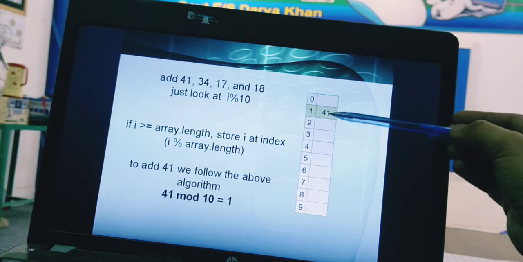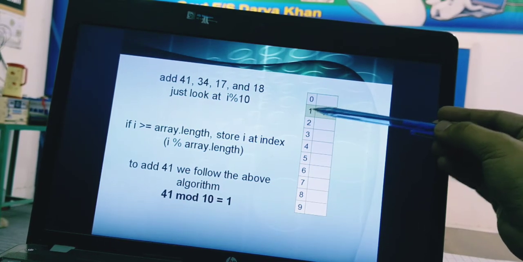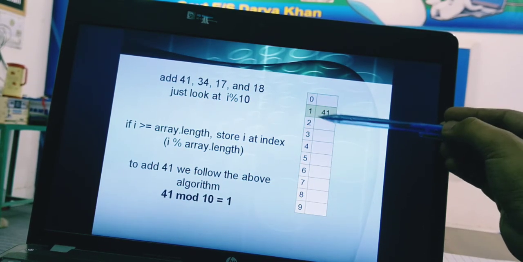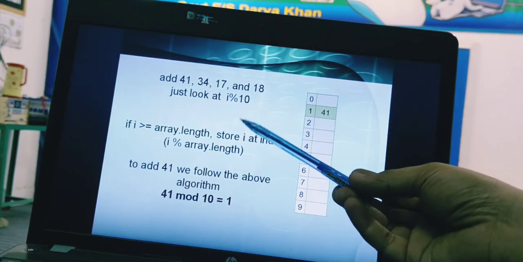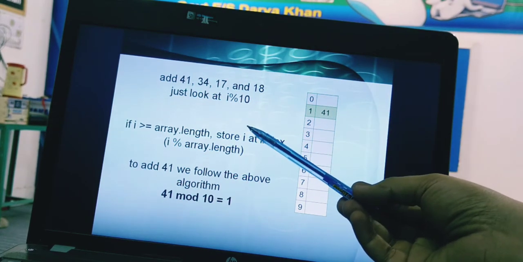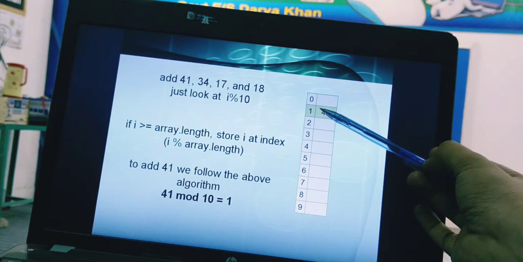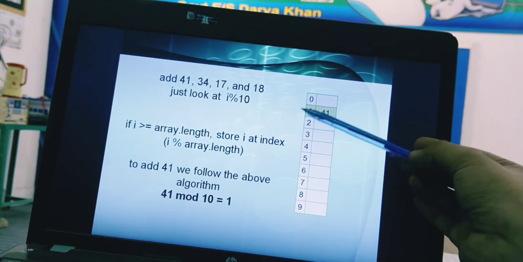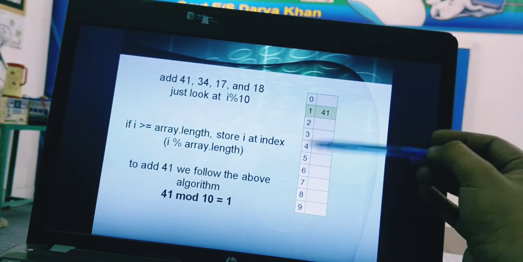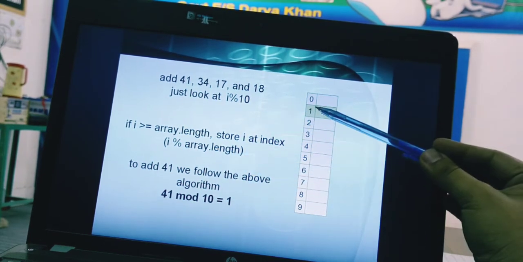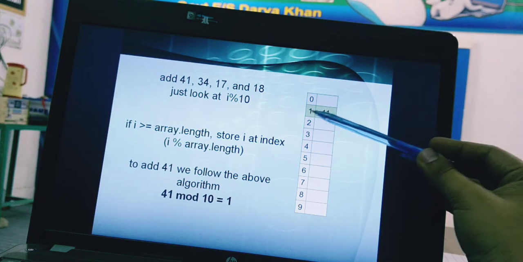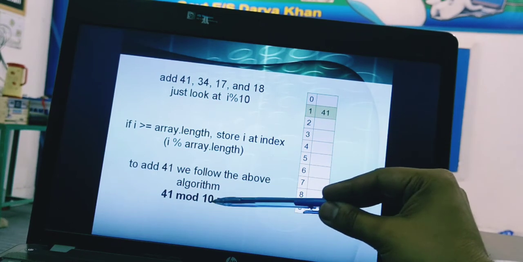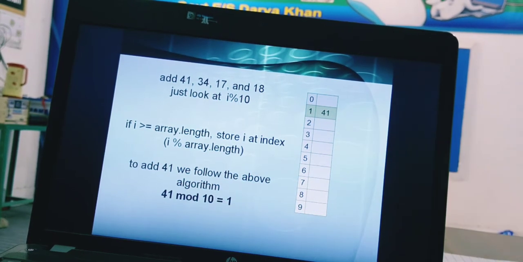The first key, 41, is larger than the length of the array. Without hash functions, we can't put that into our array, our hash table. So we use the function i mod array length, and 41 mod 10 is equal to 1, and it places 41 there.